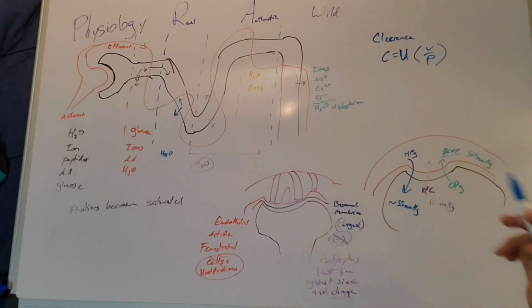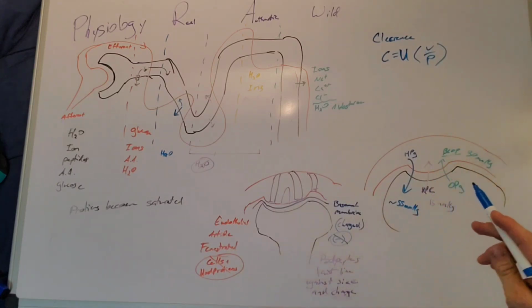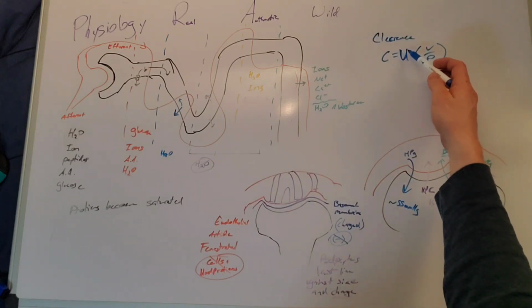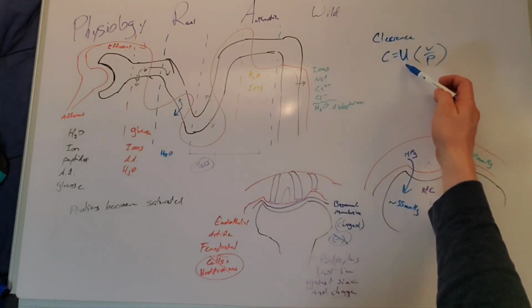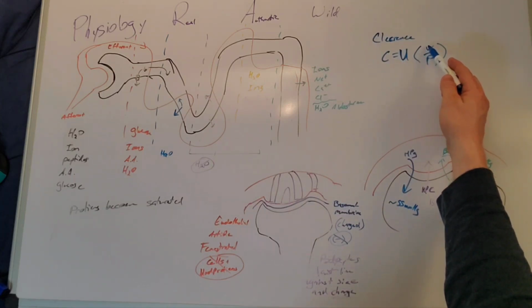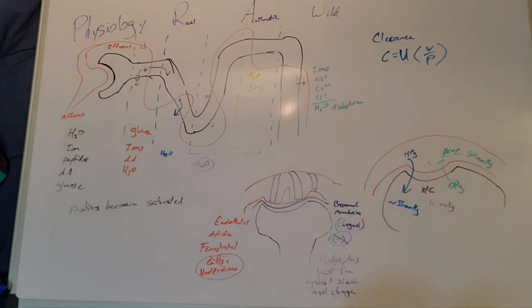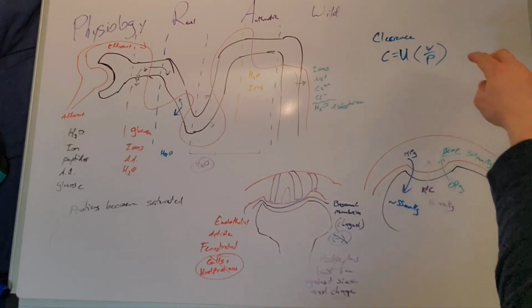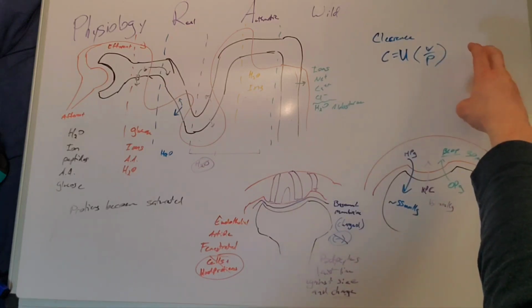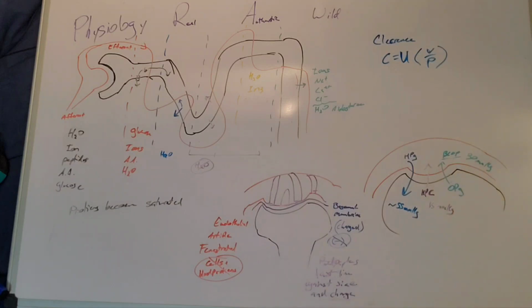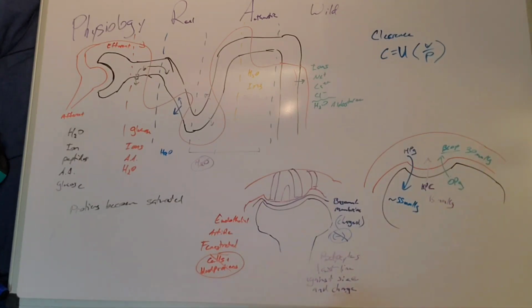Okay. So if there's a substance, we could measure the clearance of that substance from the concentration in the urine multiplied by the volume of urine divided by the concentration of that same substance in the plasma. So you have to take a blood sample and a urine sample, and then comparing that will help us understand how well the kidneys are